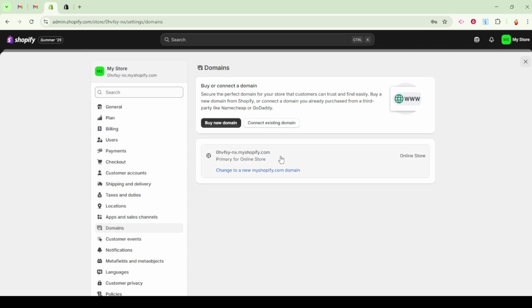Now, there's another way you can find your store URL, which might be particularly useful if you're in a rush and already working on your store's appearance. Head over to the online store section within the Shopify admin panel. When you click on it, it will reveal a drop-down menu. Select themes from this list. Here, embedded within the themes page, look for the View Your Online Store button, often symbolized by an eye icon. Clicking this button is a handy shortcut as it will directly open your store's URL in a new tab of